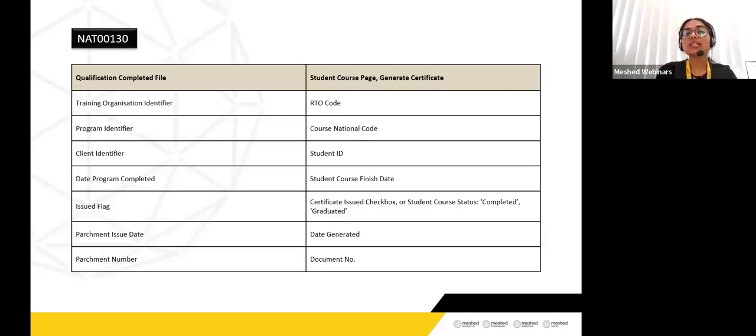This file contains data such as the date the program was completed, the program identifier, along with the certificate details if a certificate was issued to the student. The data for this file primarily comes from the student course page, or the generate certificate page if a certificate is generated. Now that we have understood all 10 files along with their data mapping in the mesh system,